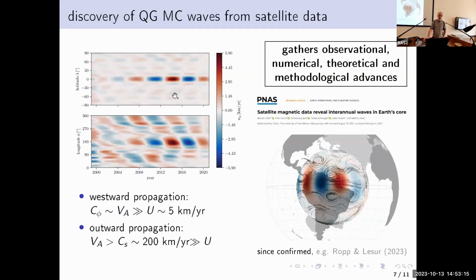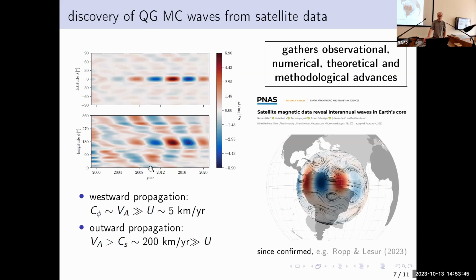So what we found is this kind of motions. On the top left, you've got a latitude-time diagram over the satellite era. And you see that the motion that we observe, responsible for the fluctuation in the secular variation, are essentially concentrated near the equator here, with a period of about 7 years. And when you look at this bottom diagram, the time-longitude plot, you see a westward propagation